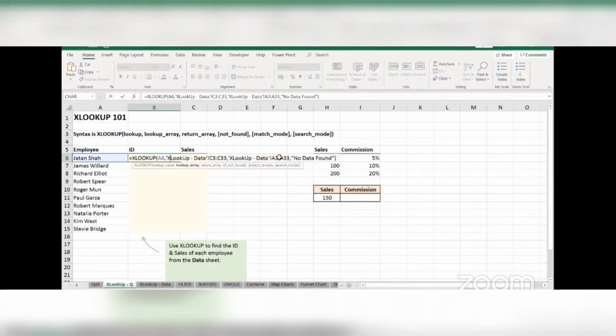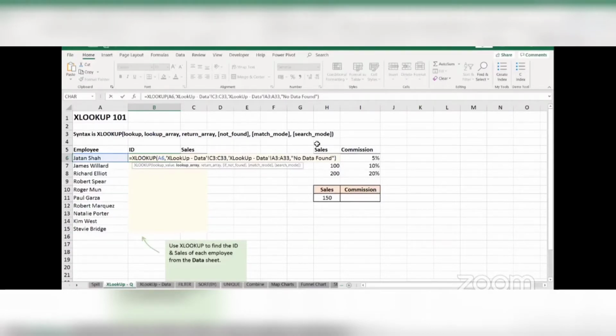All right. Next, we have the match mode. That is something that we are going to look at later. All right, we have a second example for that. So let's save it for later. And now let's look at the search mode, the last part of our formula. All right. So the last part is search mode.